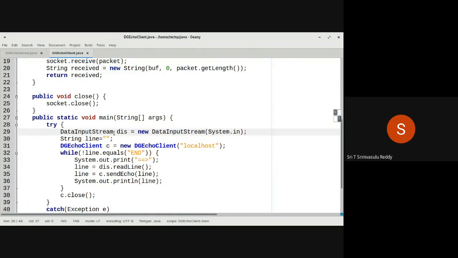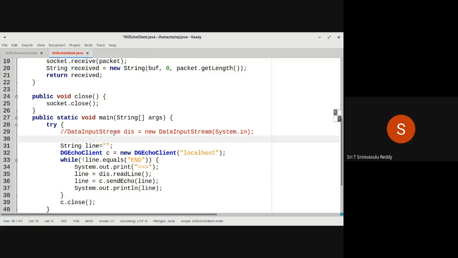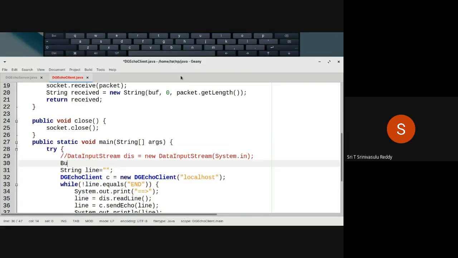So this line is to be replaced now. This line is to be replaced by buffered reader.